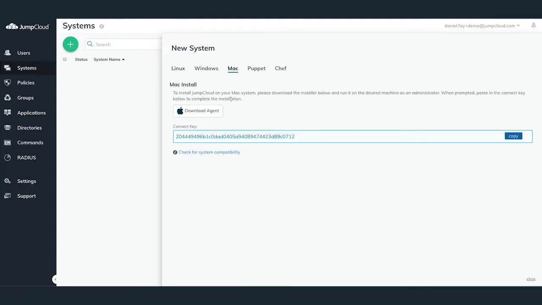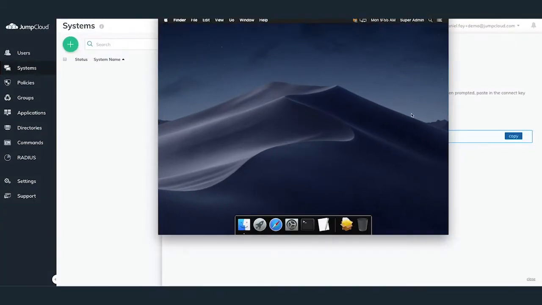Here you can see both the Download Mac agent and the Connect key items for Mac. Go ahead and click on the Download Agent button to download JumpCloud's Mac agent. Below the Download Mac Agent button, you'll see a Connect key. This is a unique key that is required during the install in order to add the new Mac system to your JumpCloud organization. Additionally, there are two methods of installation: manual install and command line install with options for running unattended. We'll cover the manual install of the JumpCloud agent and taking over Bob's local Mac account with his associated